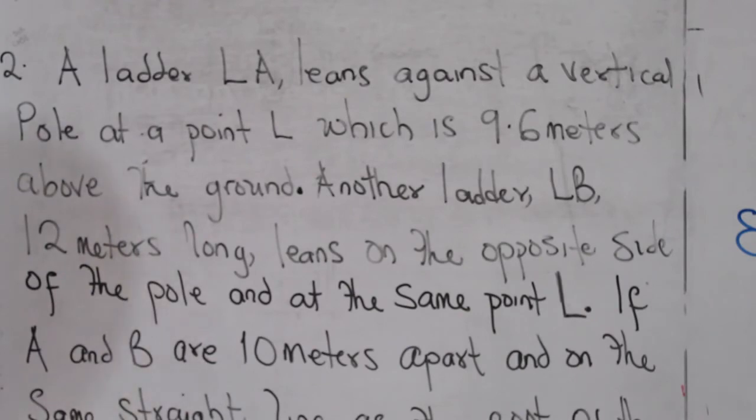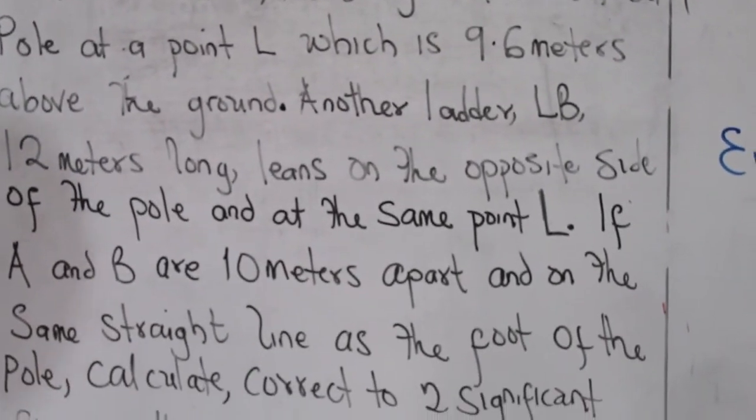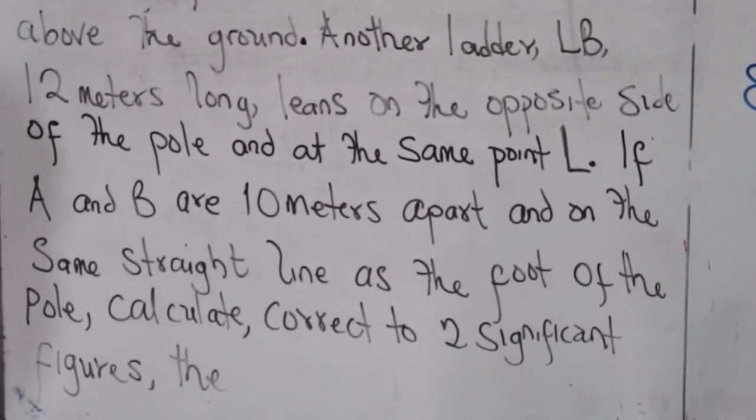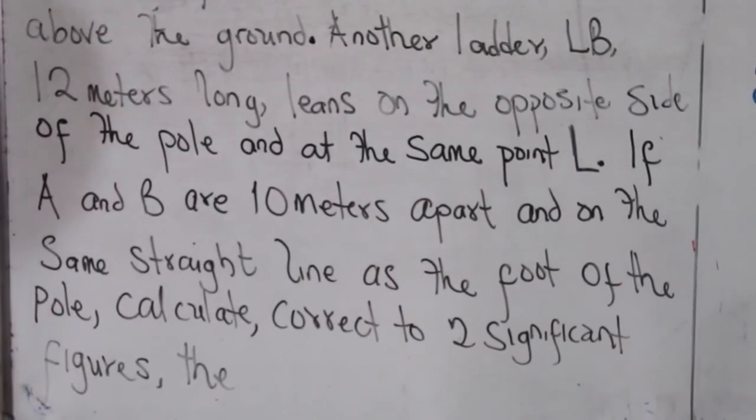Another ladder, LB, 12 meters long, leans on the opposite side of the pole and at the same point L. If A and B are 10 meters apart and on the same straight line as the foot of the pole,